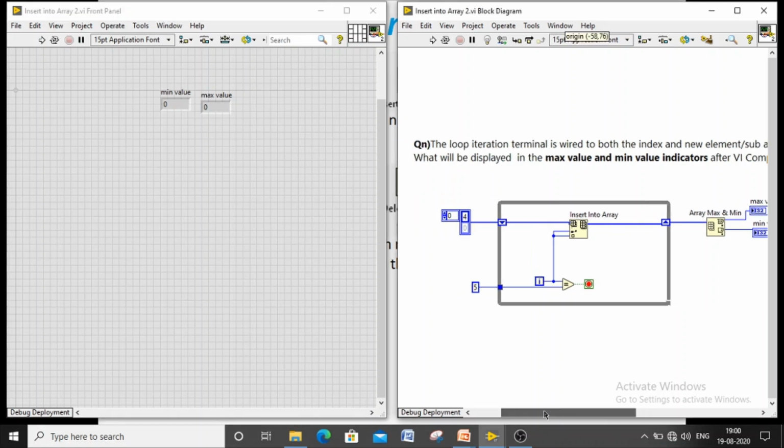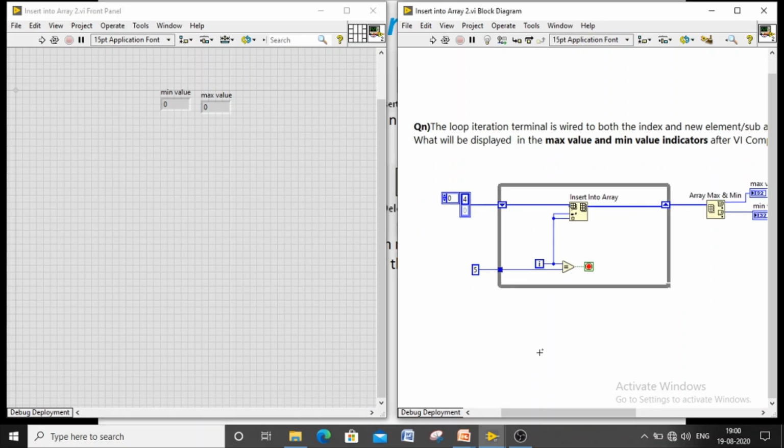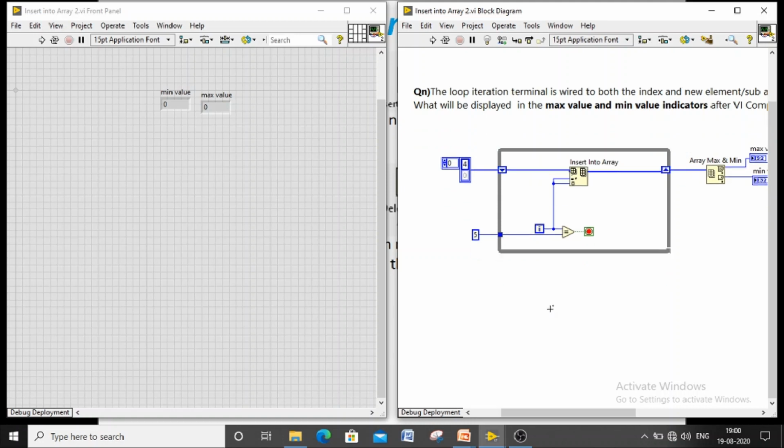Similar to the previous question, we also have an existing array. Here the loop iterates totally 6 times: 0 1 2 3 4 5. After I equal to 5, that is 5 equal to 5, the loop stops iterating.